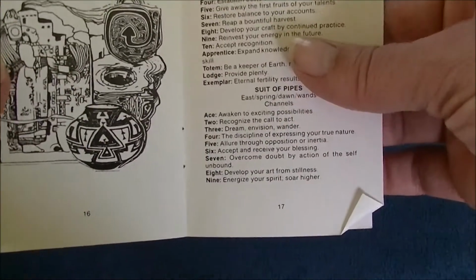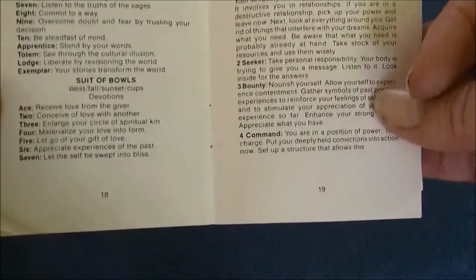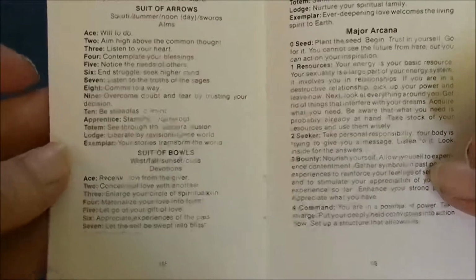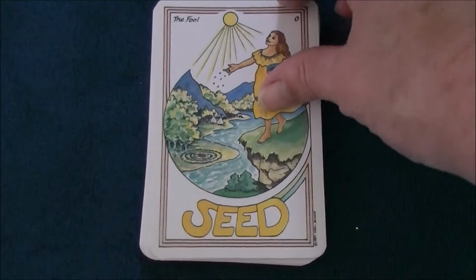So we've got the suit of stones, the suit of pipes, the suit of arrows, and the suit of bowls, and the major arcana in this deck. Alright, let's have a look. So here we are. Let's start off with the major arcana. We've got the Fool, the Seed,